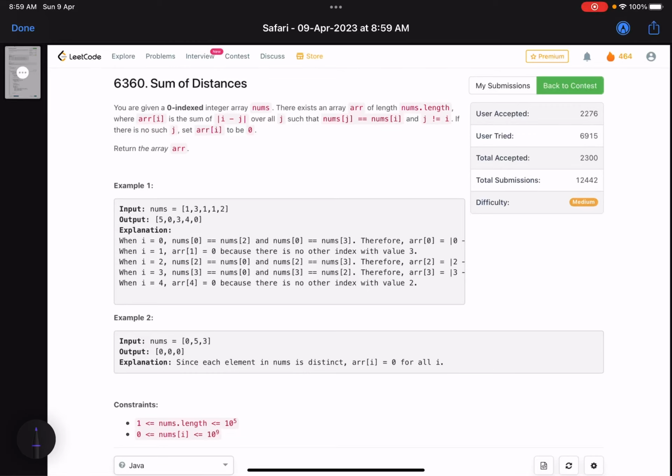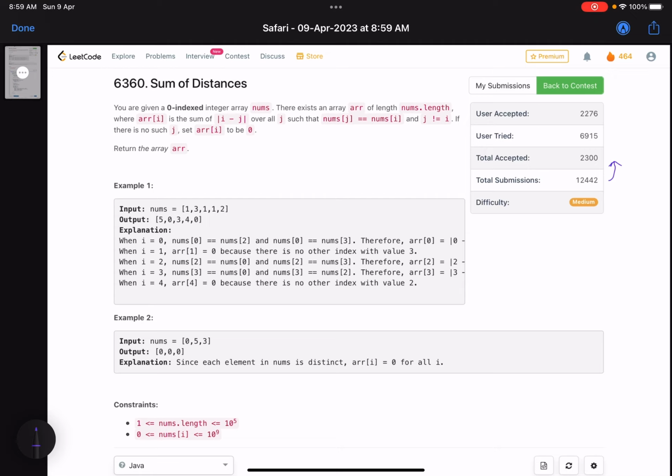So in this video, we'll discuss the second problem of LeetCode Weekly Contest 340. It's a medium level problem, but I think it's much better than the other level 2 problems that you get. And you can see that the accuracy is on a very low side, I would say. This is generally not the accuracy for the second level problems.